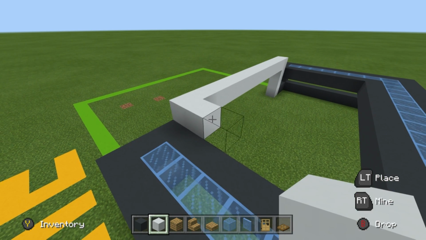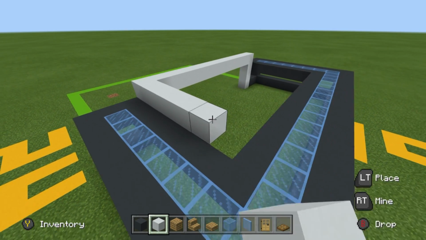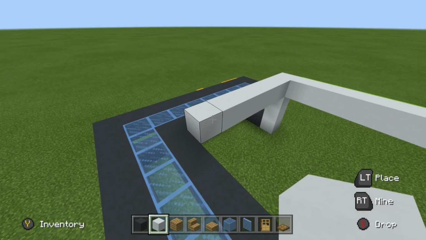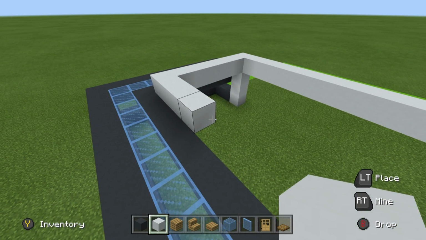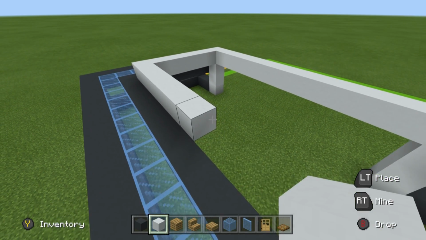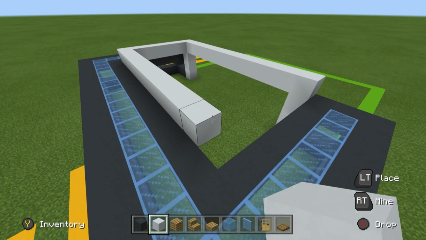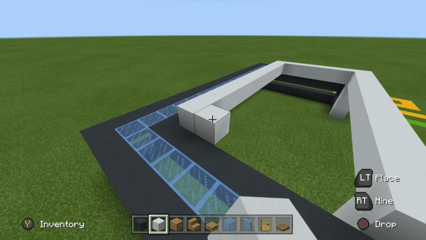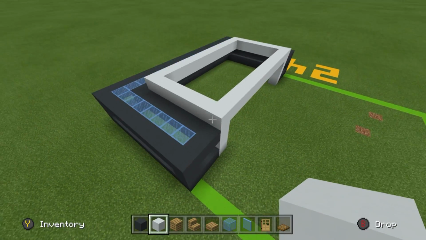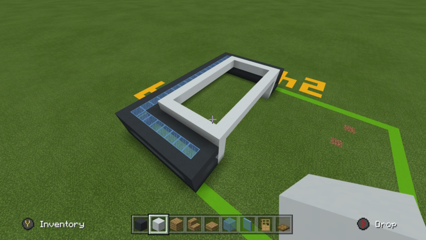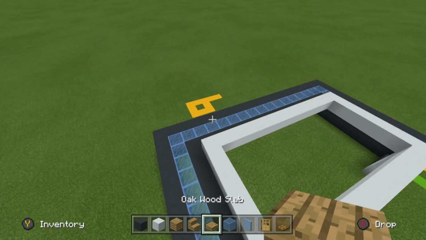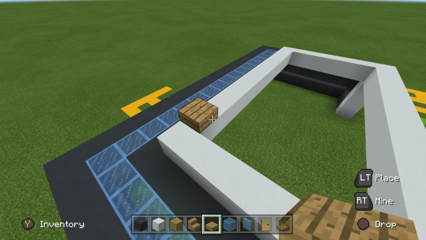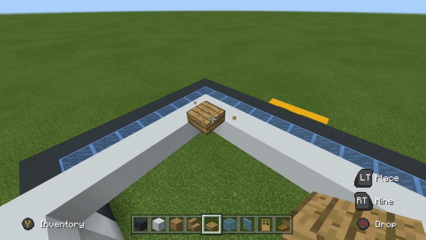I then want you to place a layer of white concrete that sits inside of the grey concrete shape. You see, this really does give shape to the build, and it shows you the defining parts of the house, like this. I now want you to place a layer of oak wood slabs that sits above and